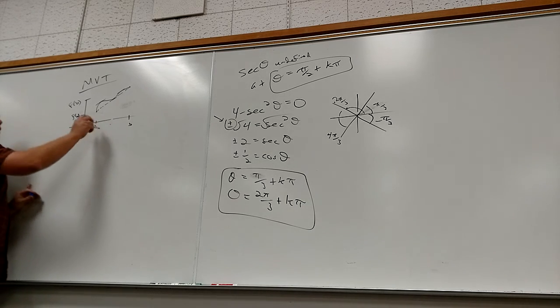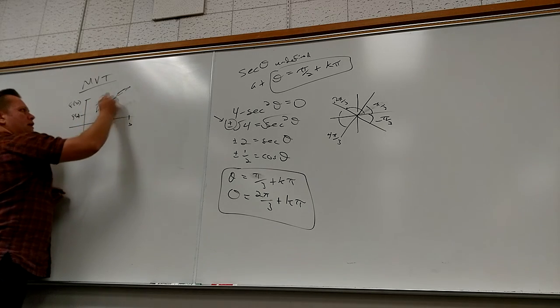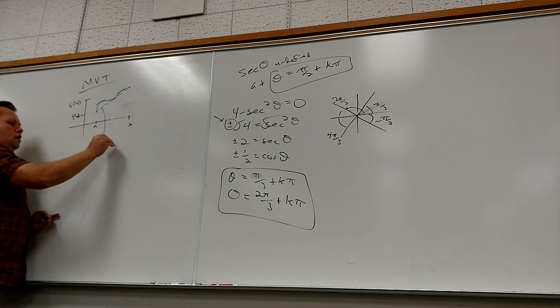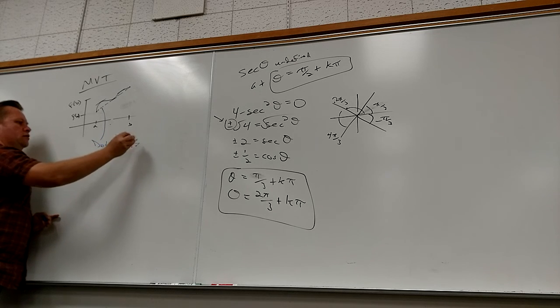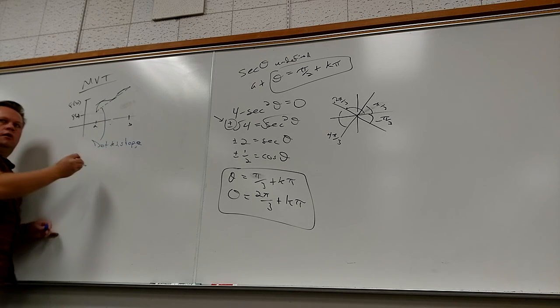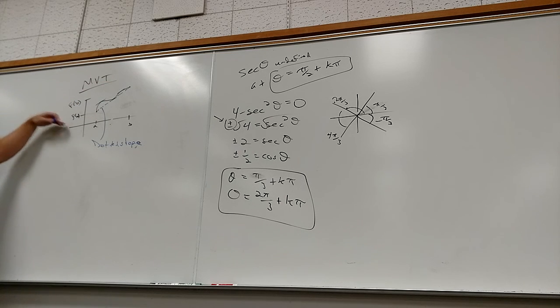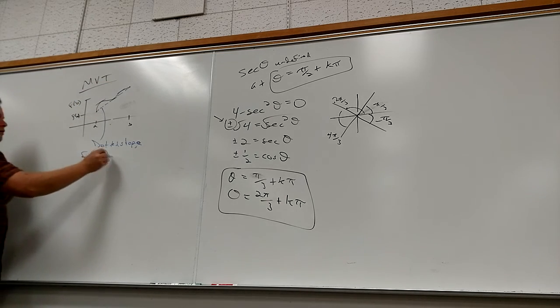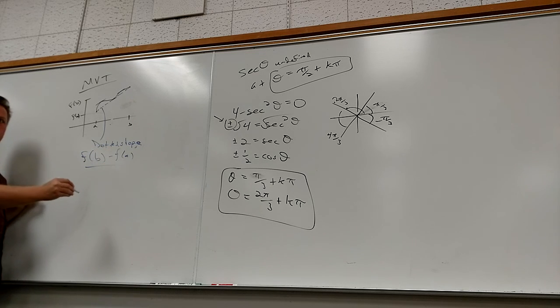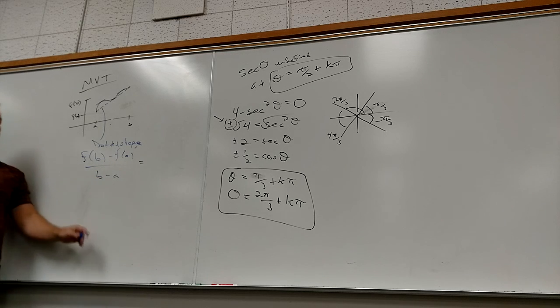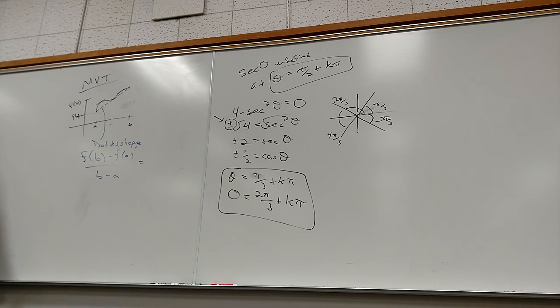What's the slope between the points? What's the slope of that line here? You can do it. What's the slope of the line? y2 minus y1 over x2 minus x1. And the thing is saying that if you have a function, it's got to be continuous